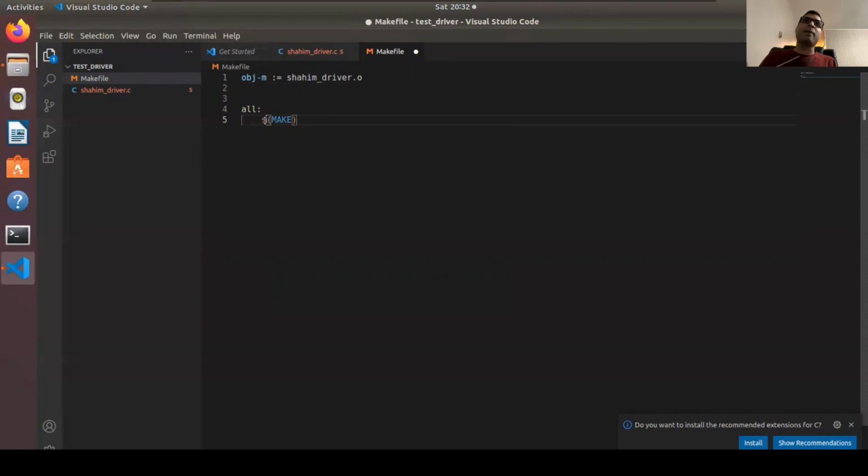Anything which is started with the $ sign, and in the parentheses we have a variable. So this make, we have to specify it here, but in our case, Linux already knows what this variable means. Make is a software, and then we have to say -C, where this should be built under the lib, under the modules,